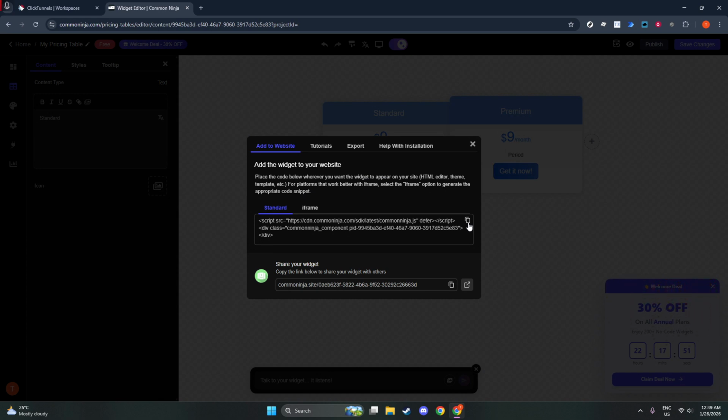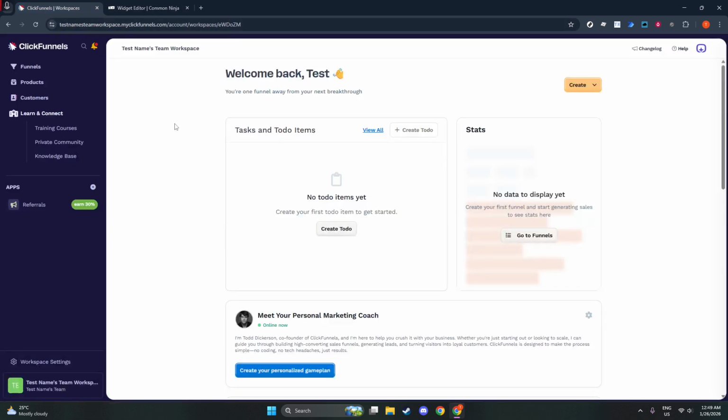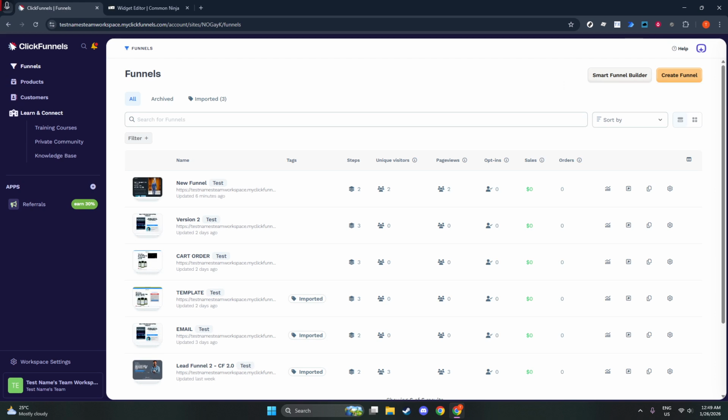Now open your ClickFunnels page editor. Navigate to the funnel and the specific page where you want to feature your pricing. You might already have a section titled Pricing or Plans. If not, choose a section that makes sense in your page flow, typically after your core benefits and before your